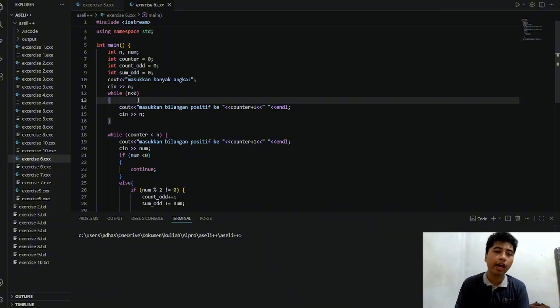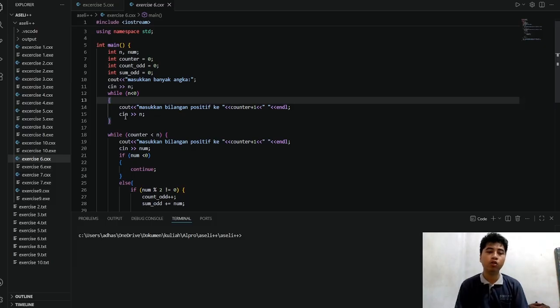While the number is smaller than zero, then cout will say "masukkan bilangan positif ke counter plus one". So if the n we put is smaller than zero, the cout will say "masukkan bilangan positif ke counter plus one".